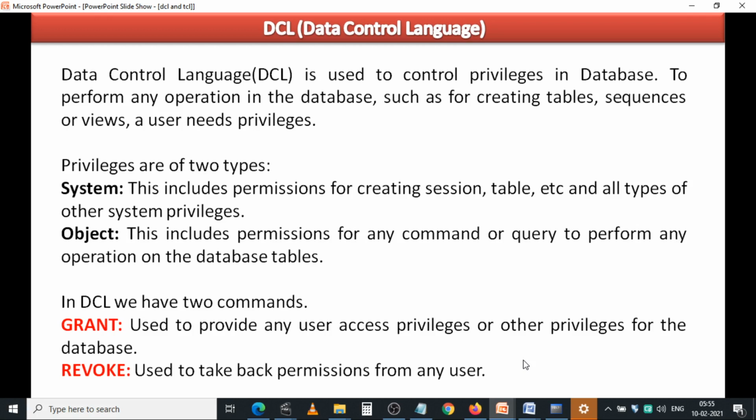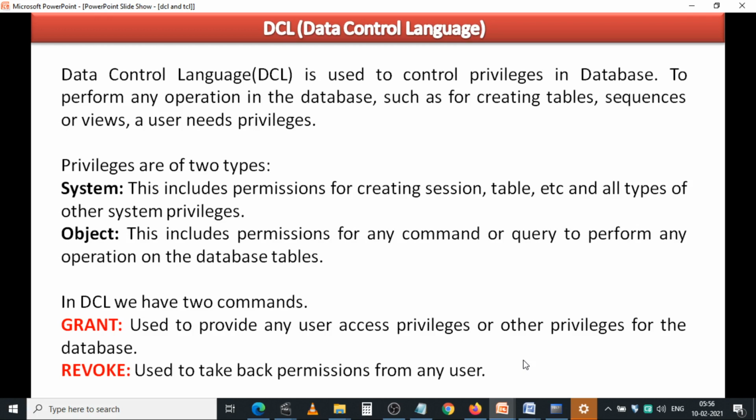If you want to do any operations on the database objects, first of all you have to be granted permission by the DBA. Then only you can do all the operations on the database objects. So there are two commands. One is grant and the next one is revoke. Grant is used to provide privileges or rights to access the database to the user.